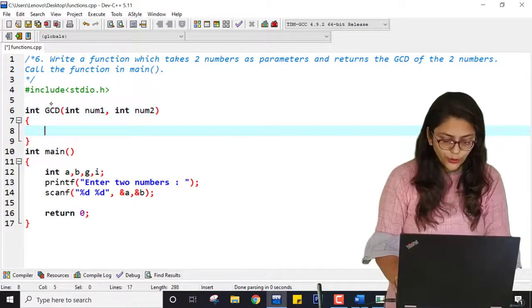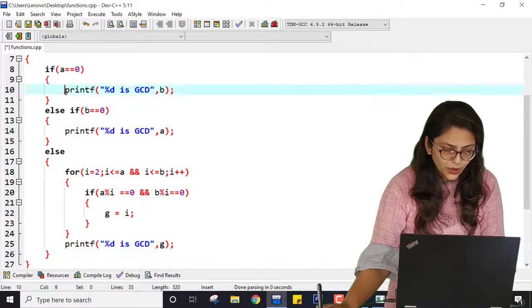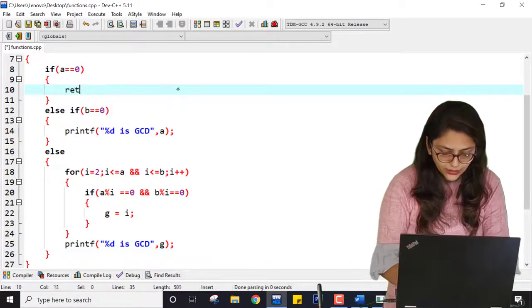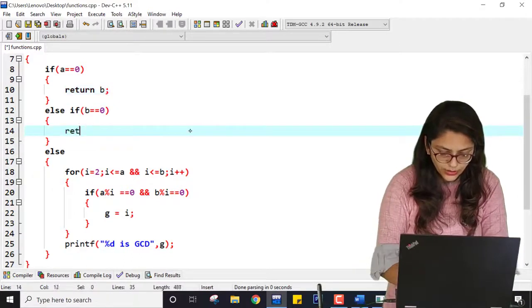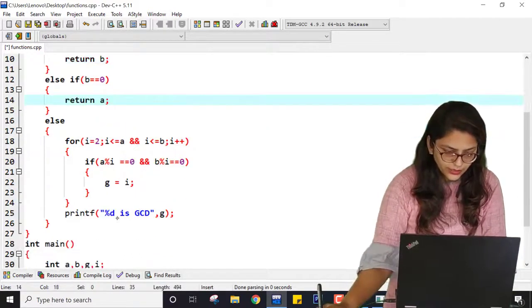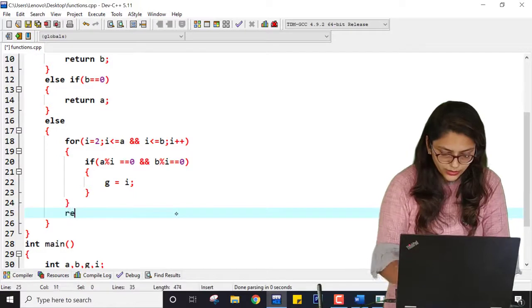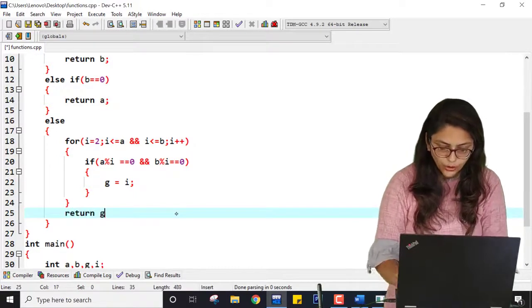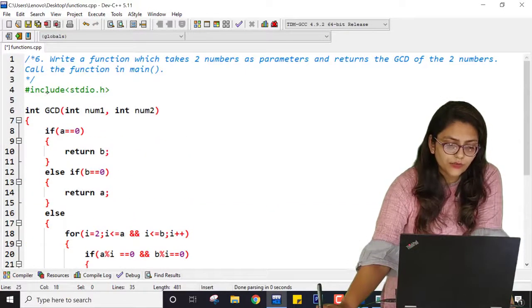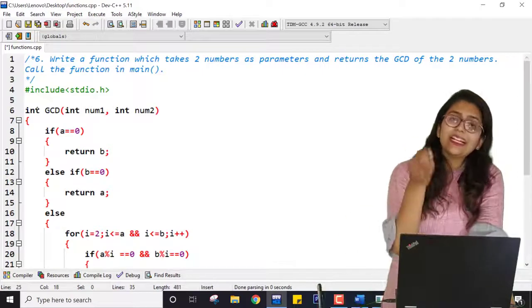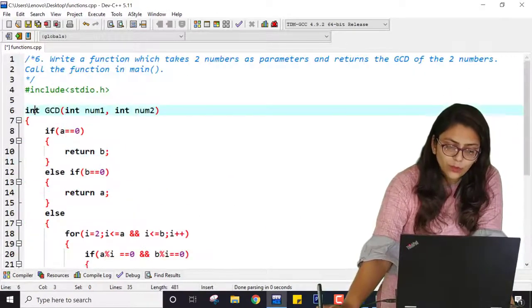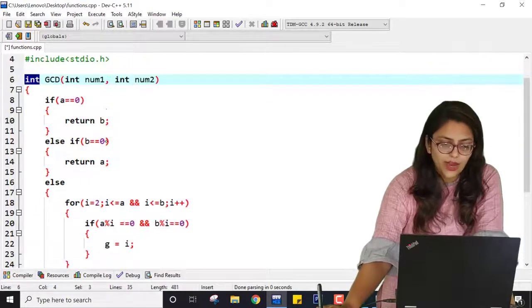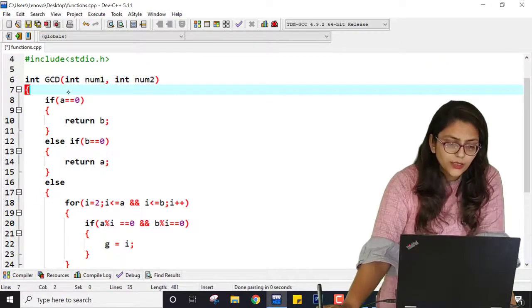Here I am going to copy this code, and instead of printing, I am writing return B. Here I am writing return A, and here I am writing return G, because I want to return the value. I have taken this function as int. Even if you write printf, it is correct, but as I have taken int over here, I have to return some value. That's why I am doing this.